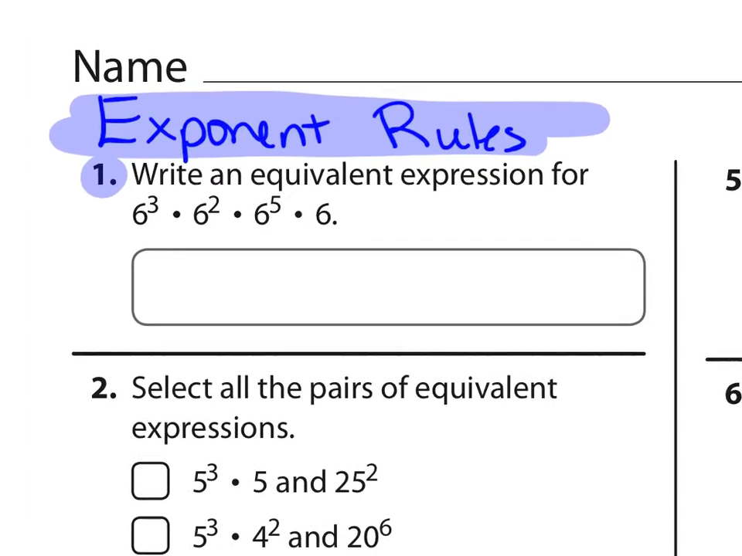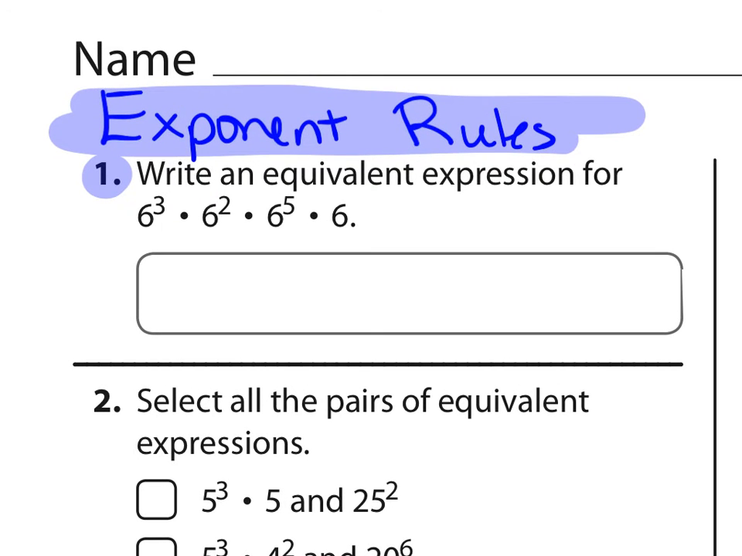We're going to write an equivalent expression, and notice that each one of these bases are 6. Every one of them are 6. And also notice that they each have an exponent, 3, 2, 5. And we don't see one on this last 6, but it would be 6 to an invisible 1. So we are multiplying like bases. When we multiply like bases,